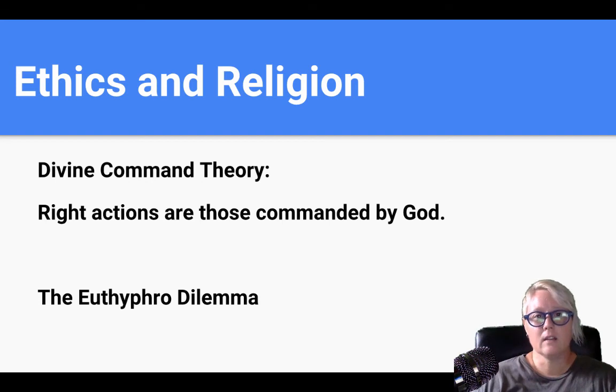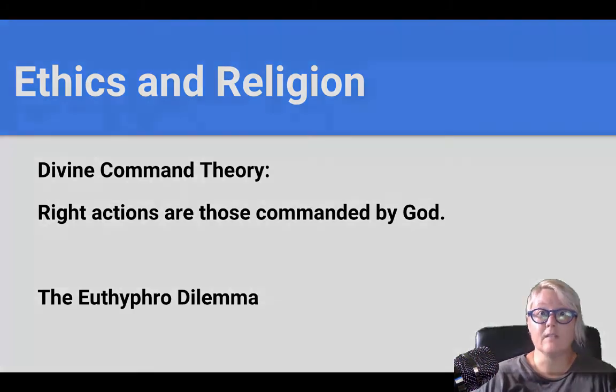On the other side of that dilemma is the idea that God commands whatever is good, and God commands it because it's good. And if that's the case, we're able to get away from the arbitrariness of the first horn of the dilemma, and the problem then is that this horn of the Euthyphro dilemma undermines the divine command theory itself. If God commands what is good, then there's already a standard of good separate from God, and God becomes unnecessary, irrelevant.